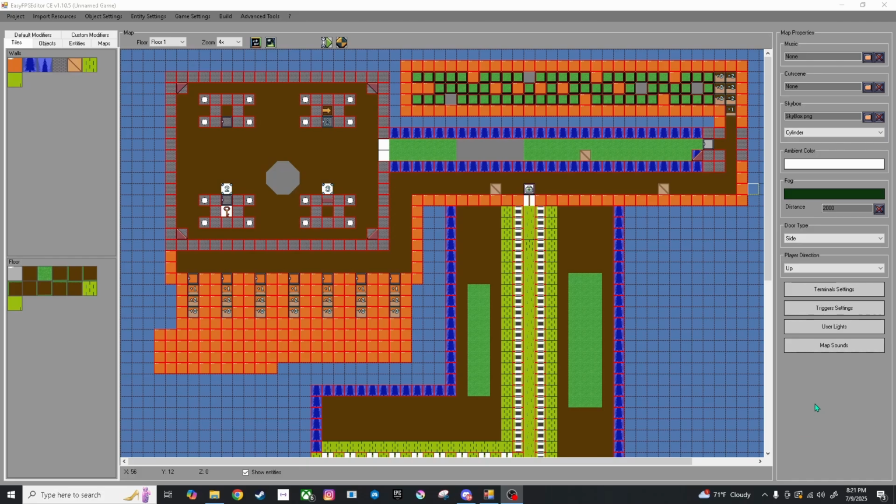There aren't too many tutorials or explanations on scripting logics for Easy FPS Editor. So I thought I would just make a small video here to demonstrate what you can do, like really simple stuff. I haven't really dove super deep into this yet, but the plan is to just get a simple map script working, right? So if you don't know how to do scripting, first things first is you want to open